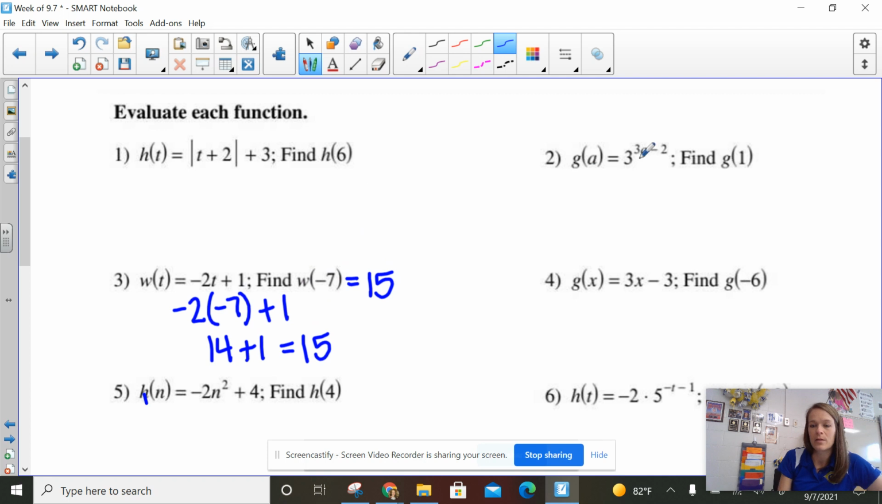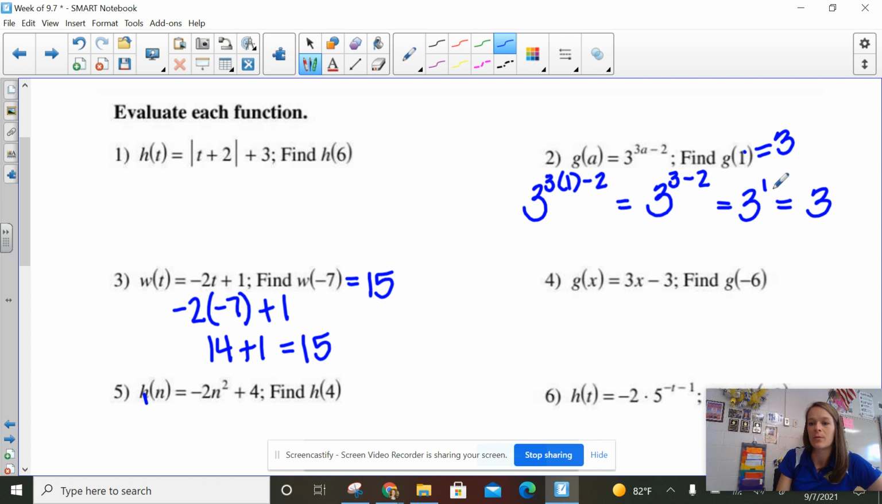And just one more. Like this one, I'm plugging in 1 for the A. So 3 times 1 minus 2. 3 times 1 is 3. And 3 minus 2 is 1. And 3 to the first power is just 3. So G of 1 would equal 3. So let me